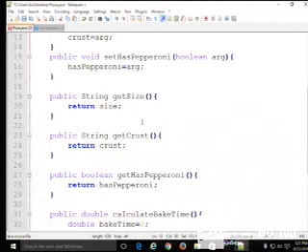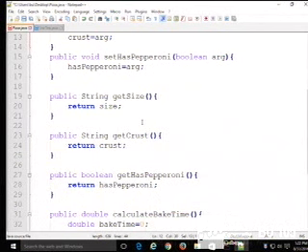getSize, getCrust, and getHasPepperoni are the getter methods, and they provide the opposite functionality. In other words, it's going to be important for our pizza to be able to describe itself, so that if we print out a receipt or instructions to the driver of what we're delivering, we can say here's a small pepperoni, thin crust pizza, or a thick crust, plain pizza.